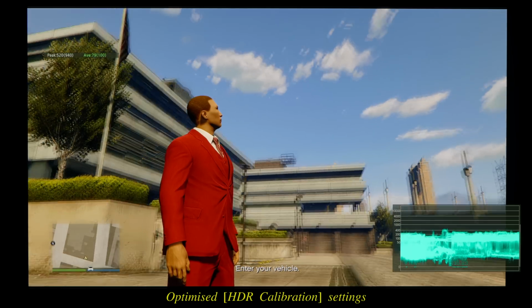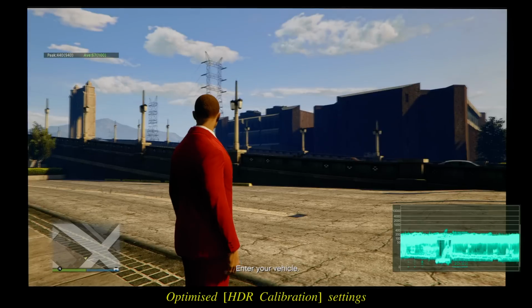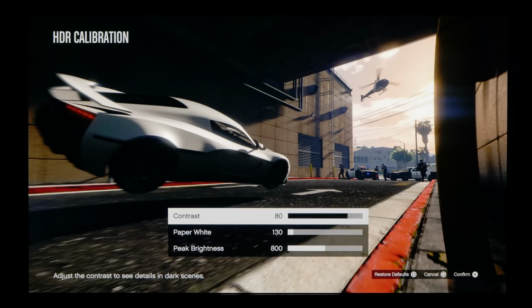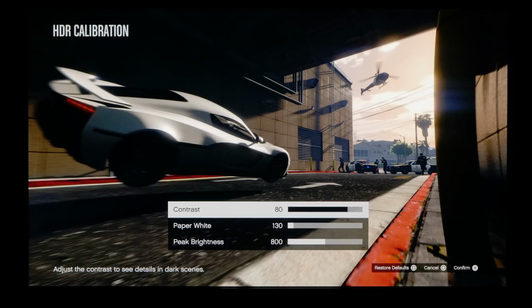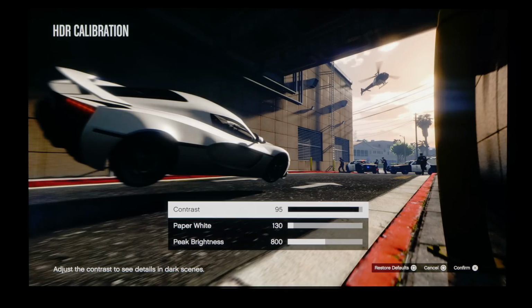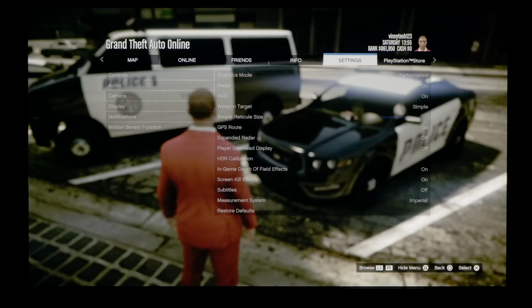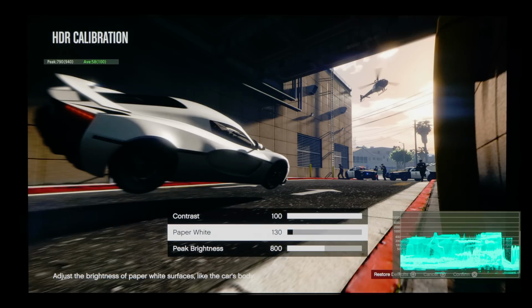And going back into the game, it certainly looked more pleasing to the eyes than the default paper white setting of 310, which was overly bright. As for the contrast slider, I found the default value of 80 too contrasty, especially on an OLED television with 0 candelas per square meter blacks. So I decided to nudge it up, settling on the maximum value of 100 for the most natural looking coming out of black. With a contrast value of 100 and a paper white setting of 130 in place, all that's